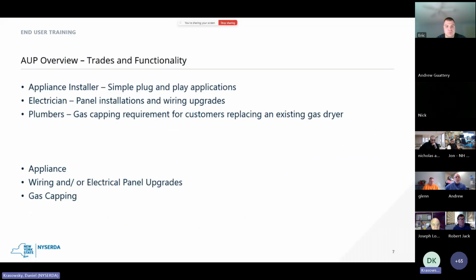So as mentioned before, there's a number of different trades and functionality for the appliance upgrade program. It could be appliance installer. Many of the participants on today's call are retailers that are enrolled as appliance installers. So if there's a retailer, for example, that doesn't have electricians or plumbers, or general contractors on staff, they can still receive an incentive for basically plugging the purchased unit in. So their delivery drivers, for example, will deliver the appliance to the customer's house. If the wiring's all set, 4-prong outlet, for example, and they just plug the unit in,